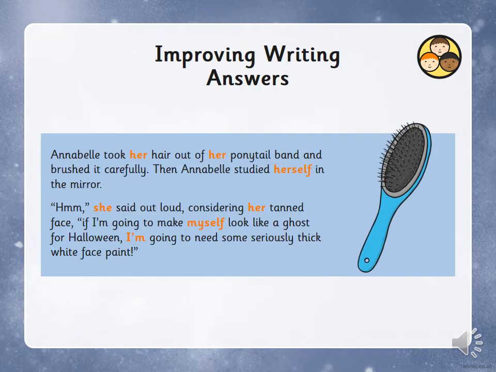Okay, so here are the answers. Annabella took her hair out of her ponytail band and brushed it carefully. Then Annabella studied herself in the mirror. She said out loud, considering her tanned face, if I'm going to make myself look like a ghost for Halloween, I'm going to need some more seriously thick